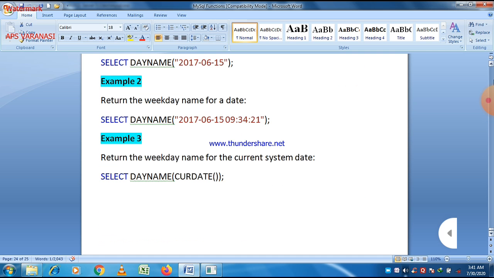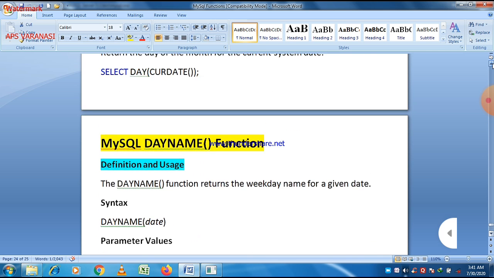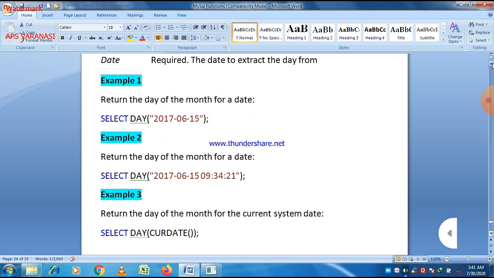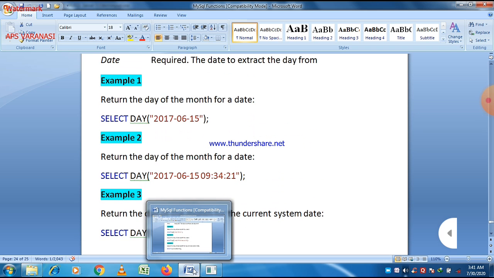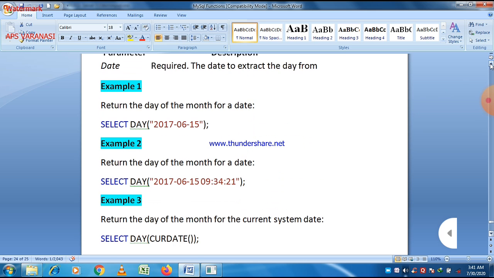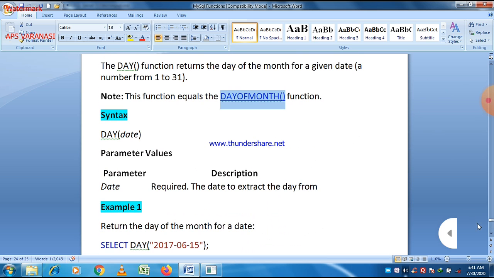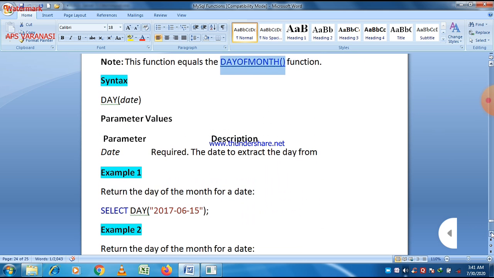And always remember that day is equal to the day of month function.